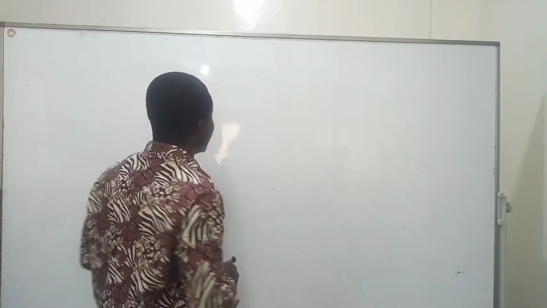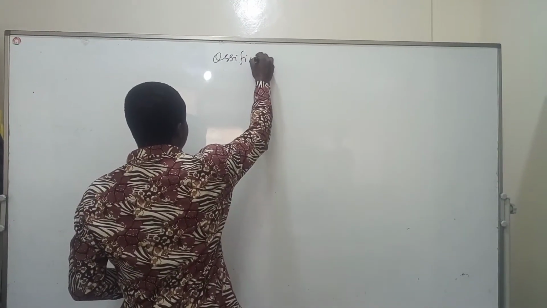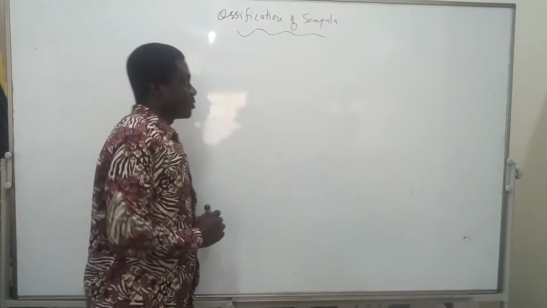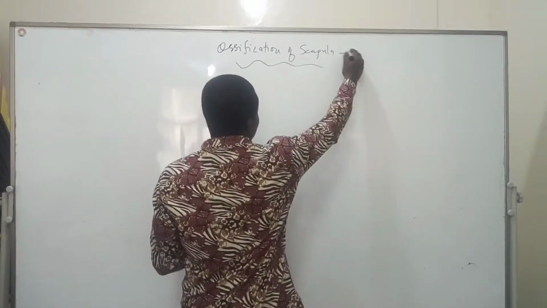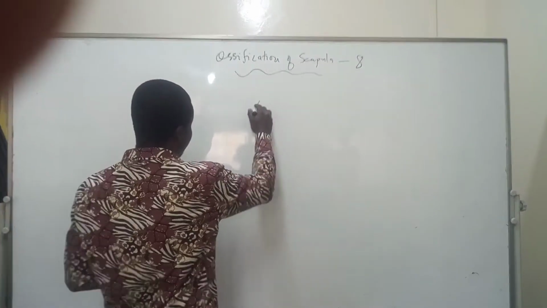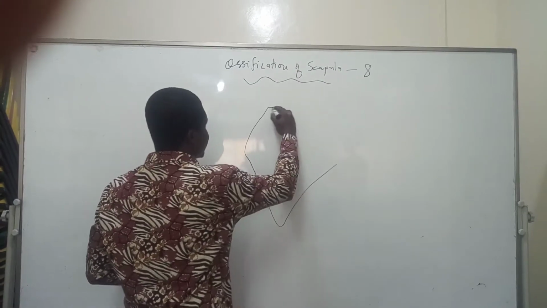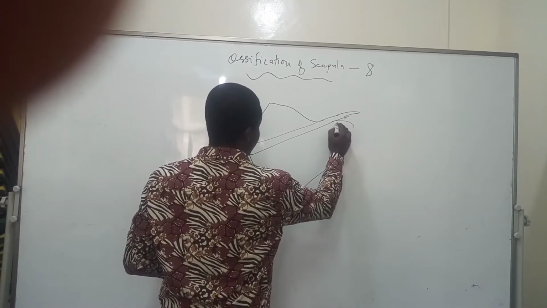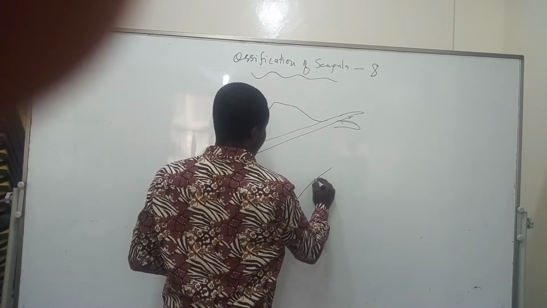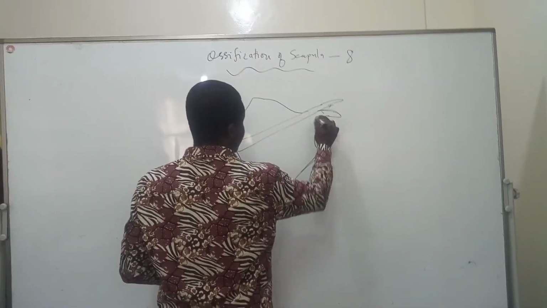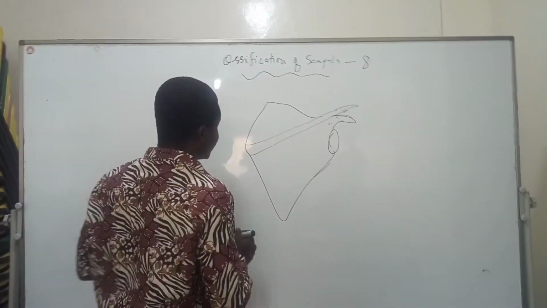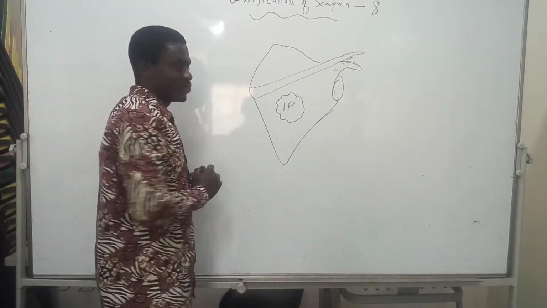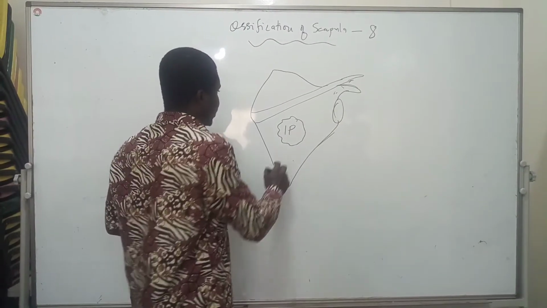To the whiteboard. This time around, we want to look at the ossification of the scapula. And I'll tell you that the scapula has what we call 8 centers of ossification, just by way of sketching it. Now, it has one primary center of ossification. So there's one primary center of ossification in the body,